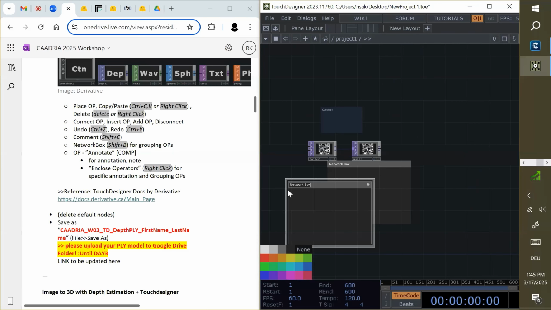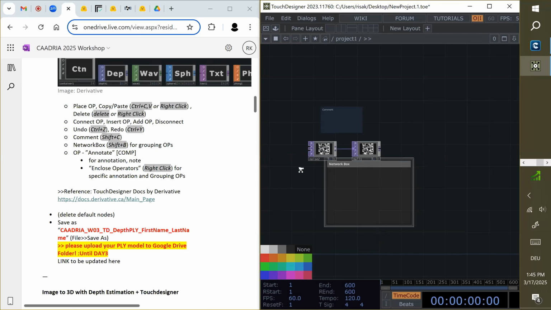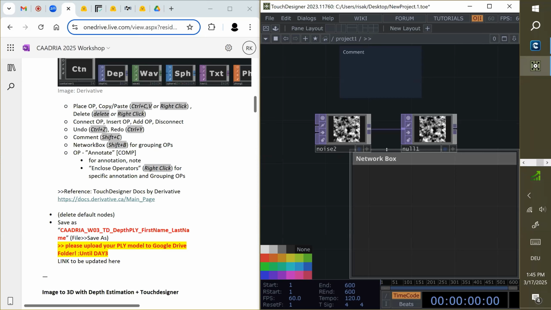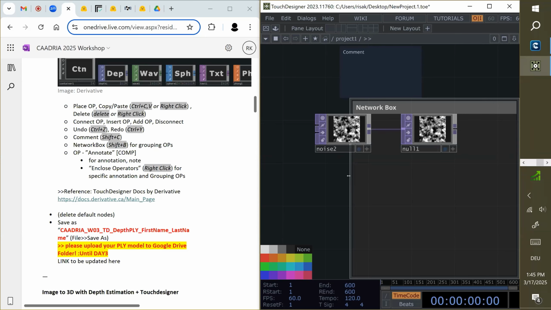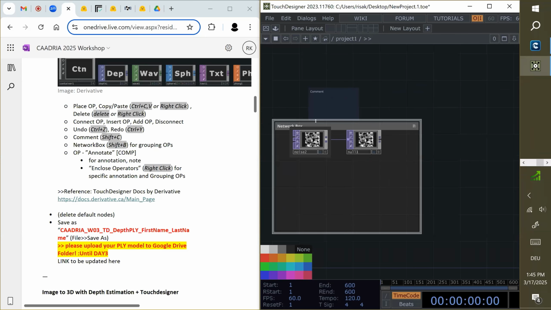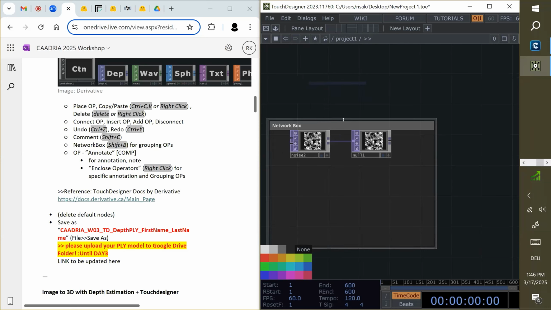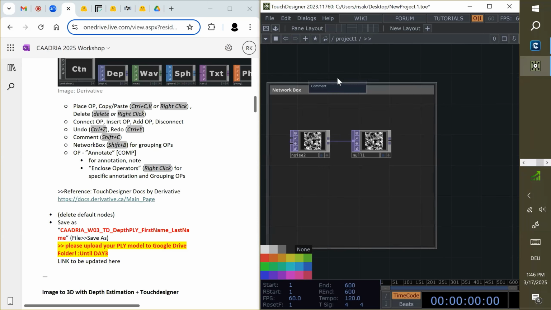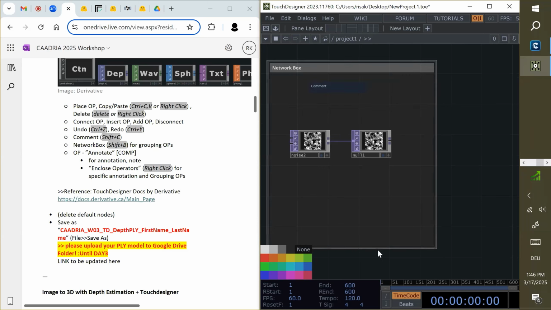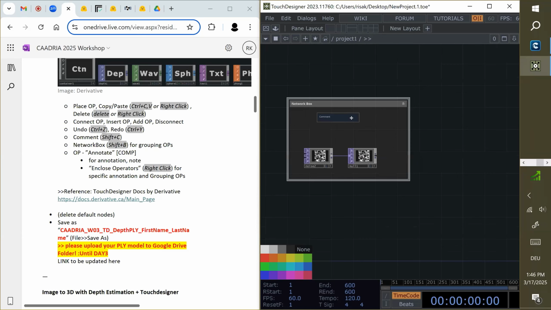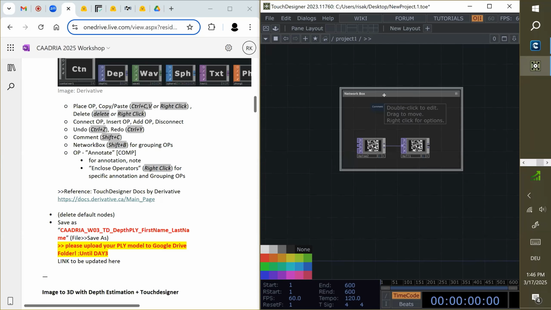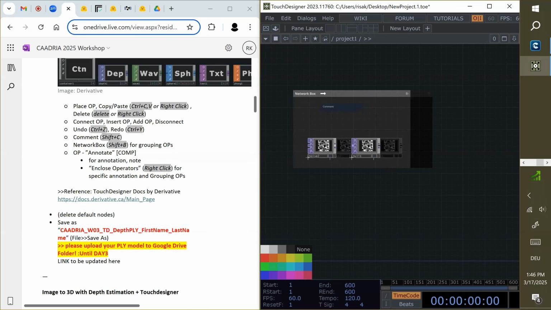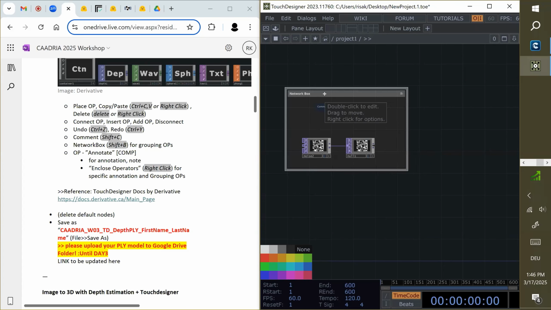Shift key and B. And you just stretch this network box. And this is going to be grouped. So if you work on some complicated network, you can just put this here.